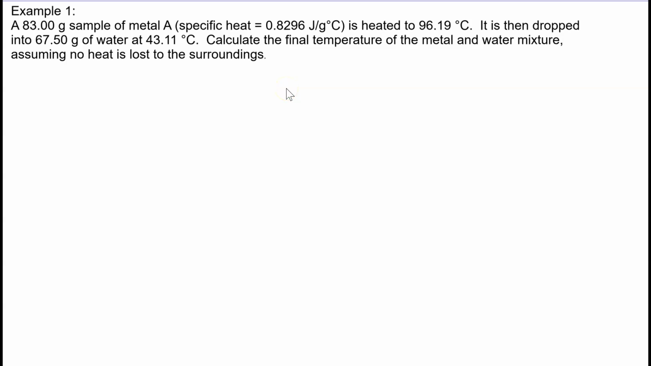Thermochemistry Extra Problems, example number 1. In this problem, we see that we put a piece of metal that we've heated up to 96.19 degrees Celsius,